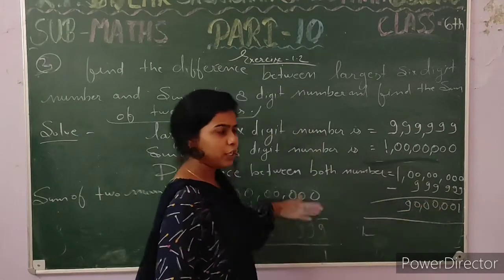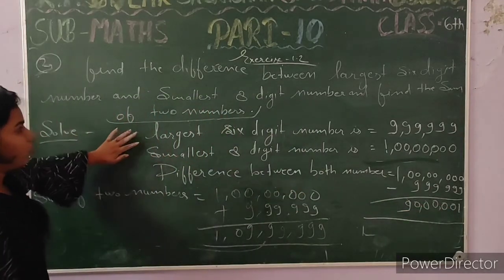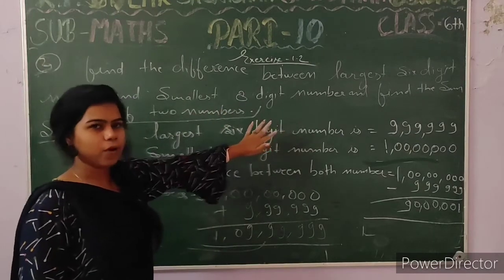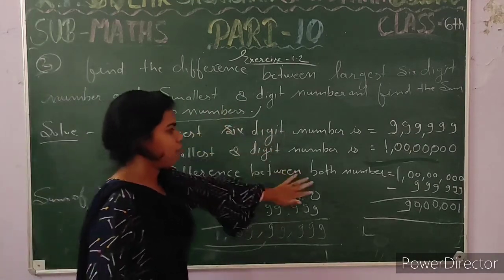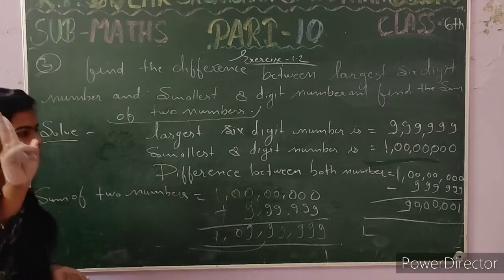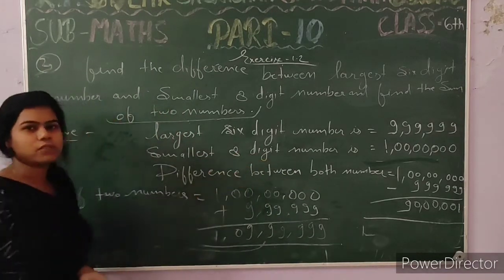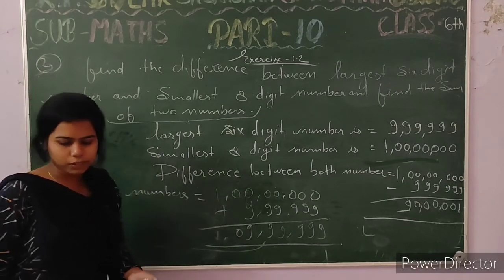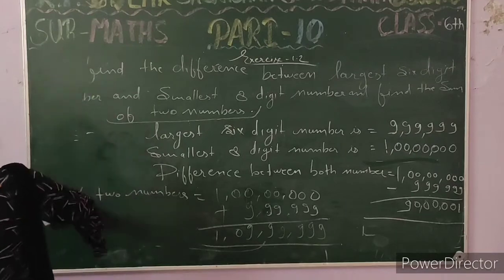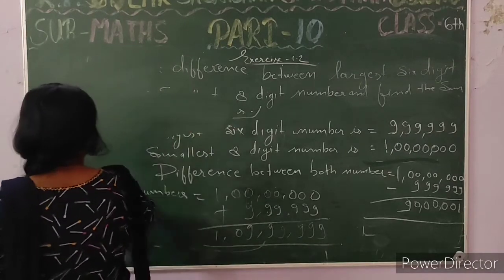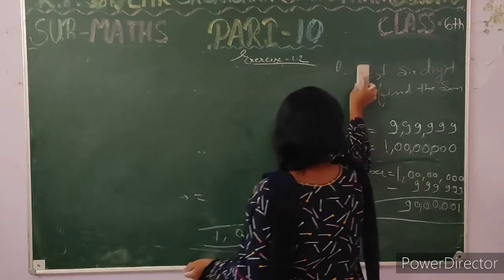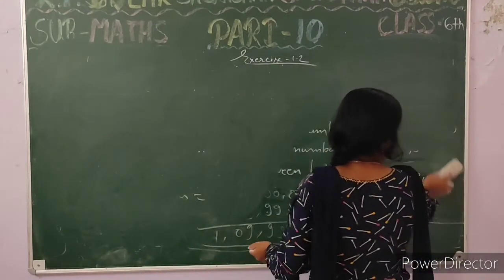You can easily write that here also. Always remember, students, first of all write the given digits in your question, then you can do subtraction and addition. In this question you have two answers, the first one this and the second one this. Students, in today's class I told you two questions of exercise 1.2, questions 2 and 3. This is your today's homework. You can practice at home in a rough notebook, then do it in your fair notebook.